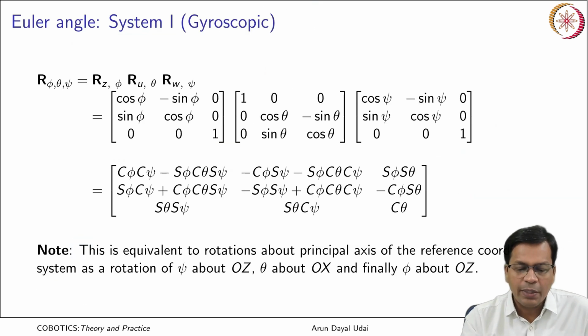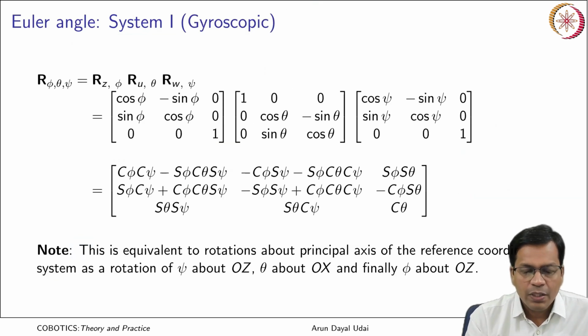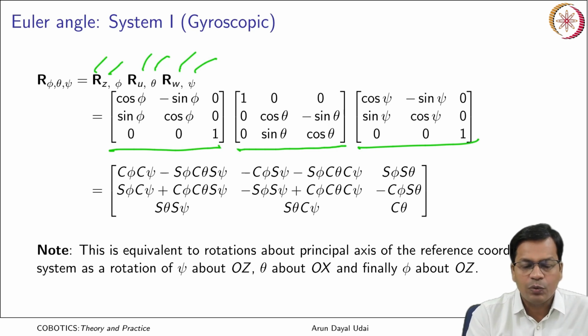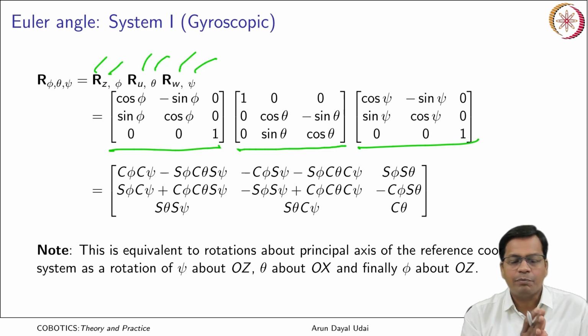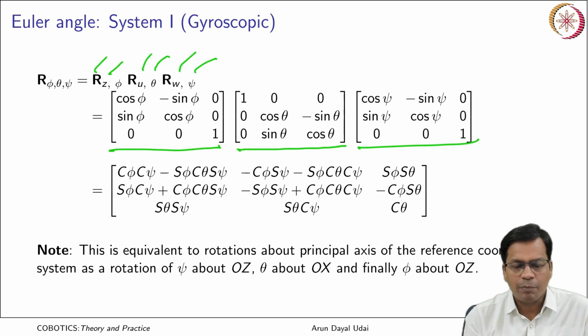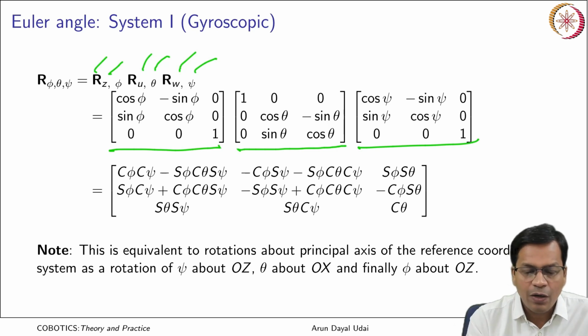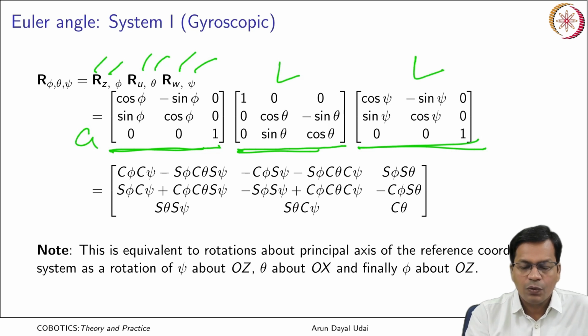Okay, if I put all the matrices here, so this is the first global transformation, then next local and local: phi, theta and psi, z, u and w. Mind it, z and w become different. Initially they were aligned, but after even a single transformation about any of the axes, w comes out of z. Now z becomes the local frame. So the order is this, this and this. That is global, local and local.